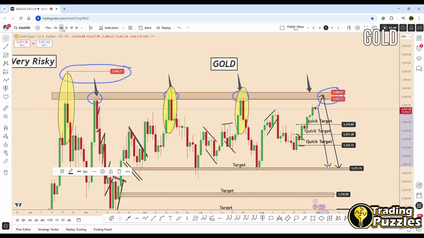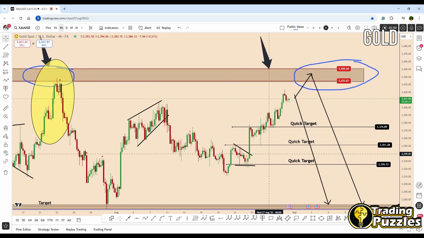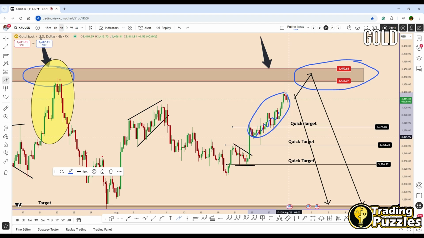If we are going to break this down on a lower time frame, we can see that the momentum is still low. We are in a bullish trend, but momentum is still low. The price is moving in this way since August 25, so during the last 4 days we can see that all these candles are small. We have a structure that is showing the lack of bullish momentum. It's something similar with this here.